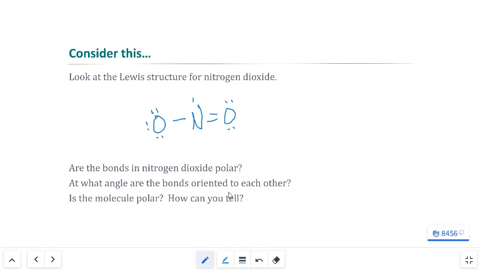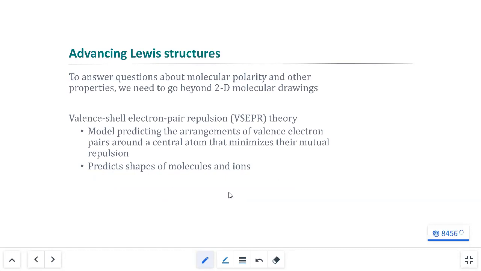It tells us what kinds of bonds are there, but it doesn't necessarily tell us all that much about the molecule itself. So we need more. And the more that we need is a better model. We need a better way of expressing how those molecules are put together and how they arrange themselves in 3-dimensional